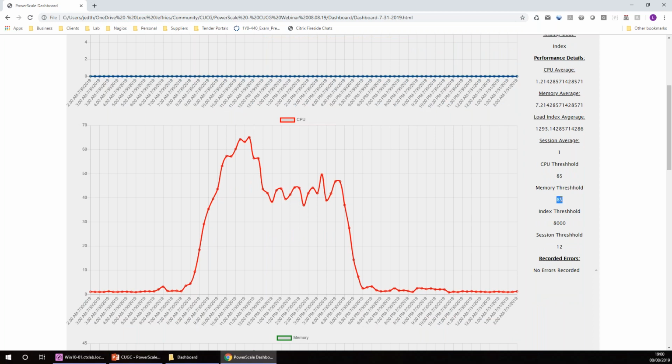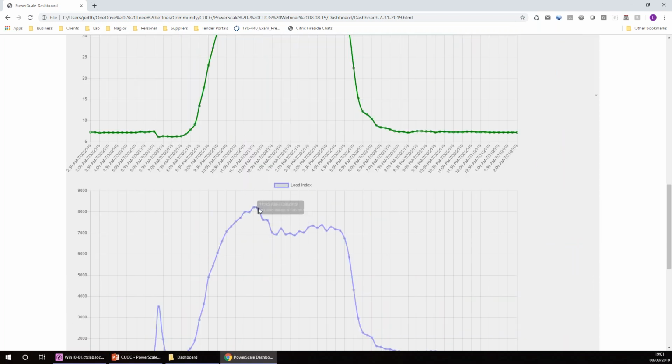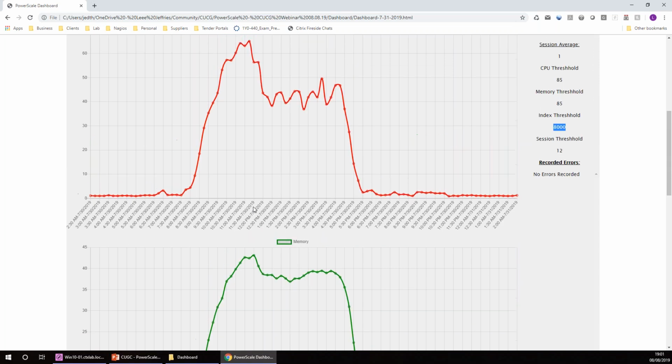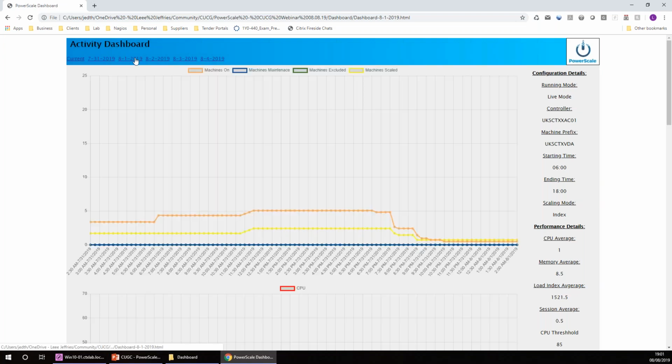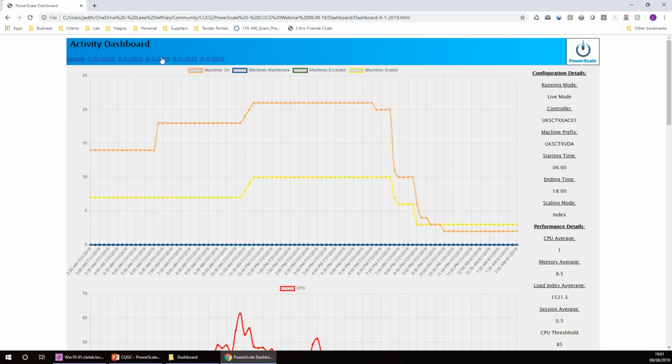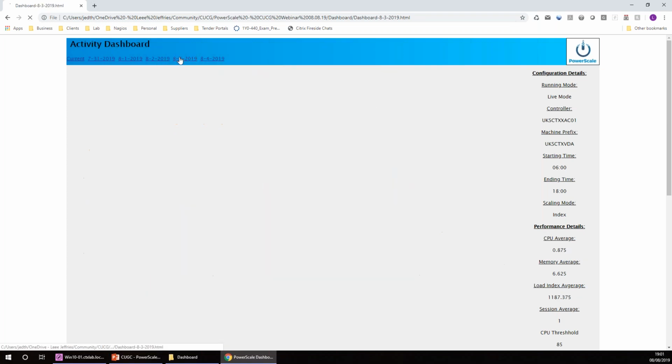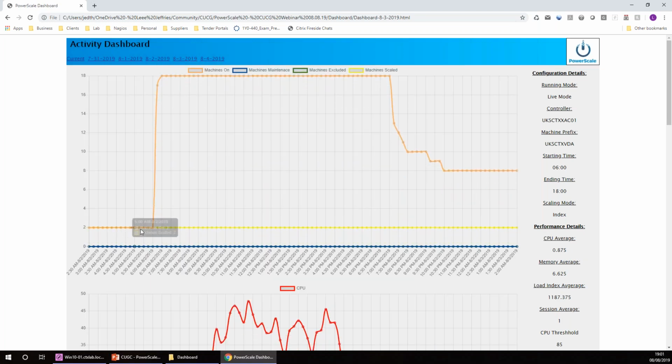So it tells you your threshold. The index threshold is 8,000. If I scroll down here and have a bit of a nose, we can see we hit that around 11:30 a.m. We can see it's picked it up and it's scaled on small machines. Every time the script runs, it's going to update this dashboard, and every time it runs it's going to give you a new dashboard and link it up the top here. So you can go back as many days as you like and it'll have that many dates. You can straight away see how many machines you've got out of hours